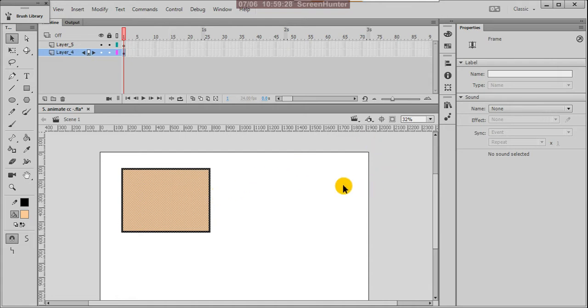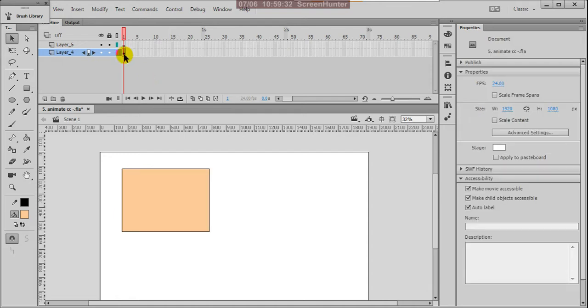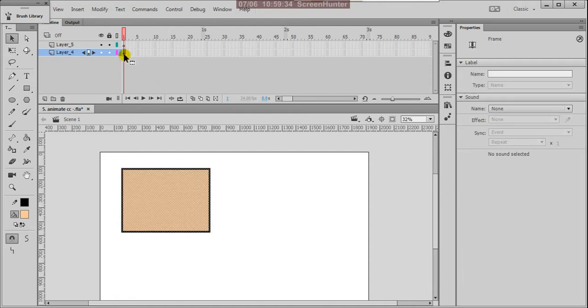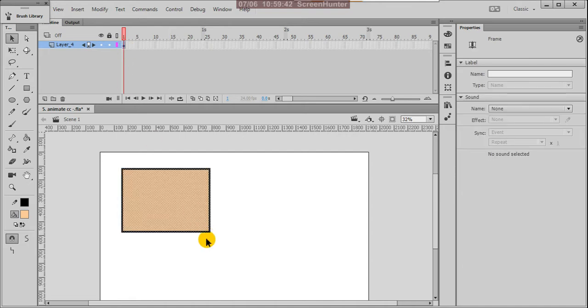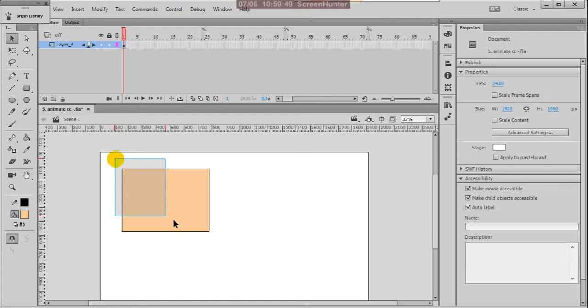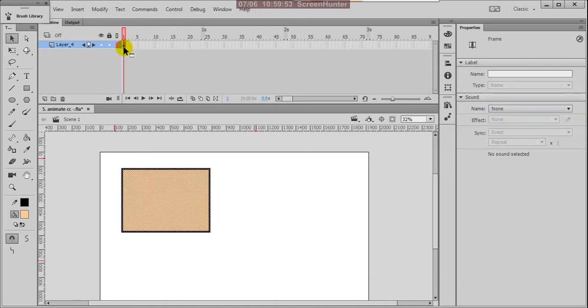If you place something on stage, it shows with a black dot. Here it is empty, so I'm deleting this empty frame. You can click on this empty frame and it is selected automatically. This is another method: you can drag and select, or otherwise click on that spot.